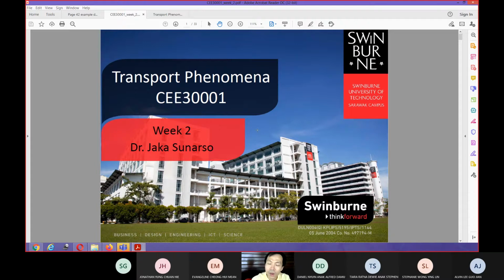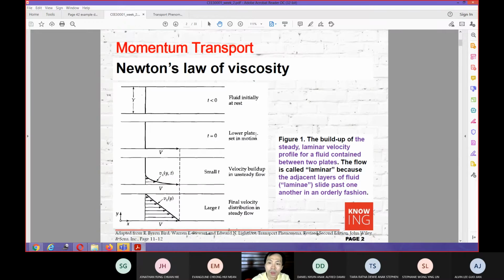Okay, in week one was introductions. We gave an overview of the transfer phenomena. Transfer phenomena basically consist of momentum, heat, and mass transport. In week two, we will go into momentum transport. So the first thing first, we go into the easiest concept of momentum transport, which is Newton's